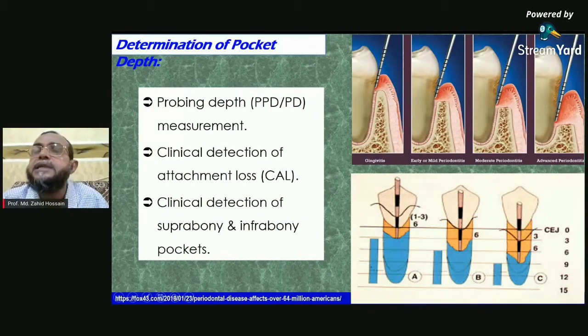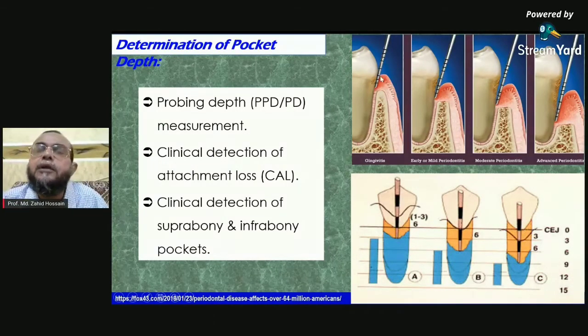You see the upper pictures, right side. This is the gingivitis case. If you insert the probe, you measure up to 3 millimeters only. You see, this is the University of Michigan O probe. You can remember this: 1, 2, 3, 4 is missing, and 6 is missing, 7 and 9, 10. These are millimeter graduations, but between 3 and 5, 4 is missing, and between 4 and 7, 6 is missing. So this is the University of Michigan O probe, with Williams markings. This is a very common probe we use in the clinic.